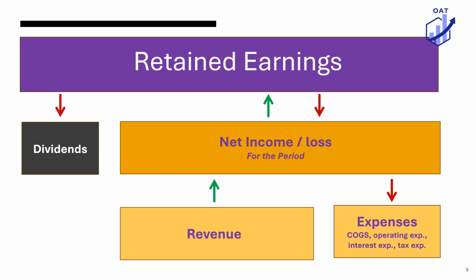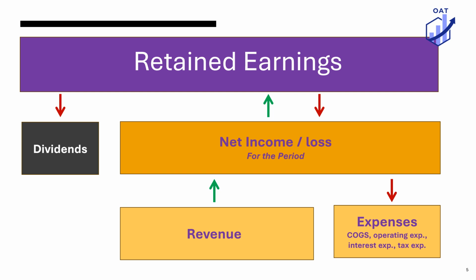That extra money comes from revenue minus expenses. It's what's left over from the money the company earns after it pays all the bills. We call that extra money net income. There are some cases, though, when your revenue is smaller than your bills. In that case, when you do the math, you will end up with a negative number, and this is called